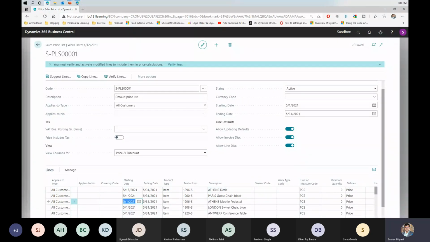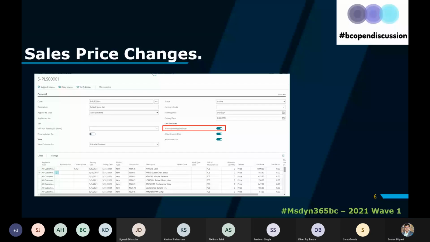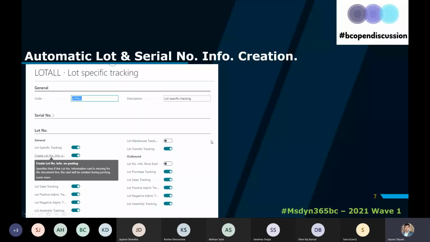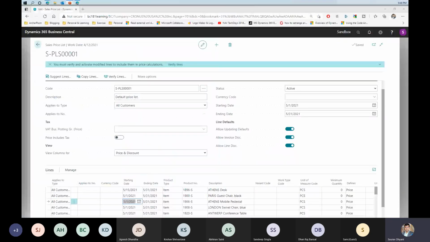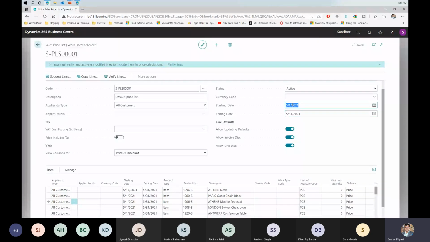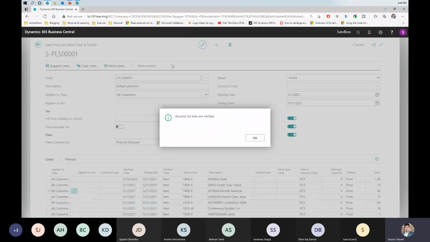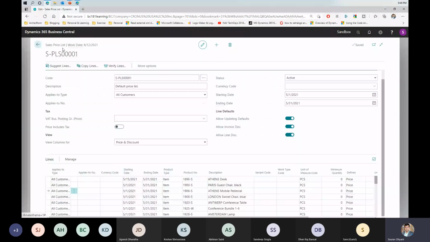So that was one small change on the sales price list area in Business Central 18. Now the next one that I looked at is based on an email that I received, which was automatic lot and serial number creation. And I spent a good amount of time on this before I actually read the details about it. So what I thought, and let's go there first, is when I'm on my